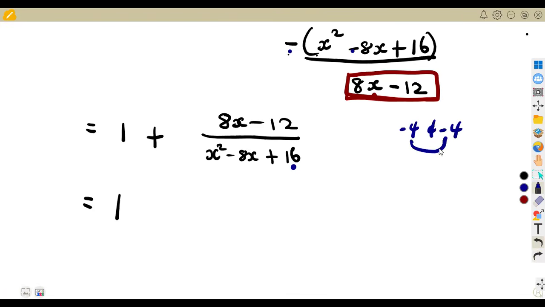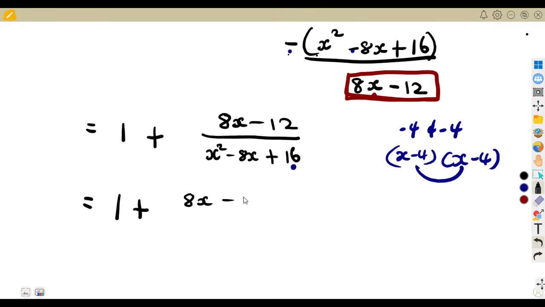So if we multiply these two, we get a positive 16. If we add, we get a negative 8. So it's supposed to be (x - 4)(x - 4). These are two brackets which are the same, so you're going to write it as a square. So this is going to be plus 8x - 12 over the bracket of (x - 4)